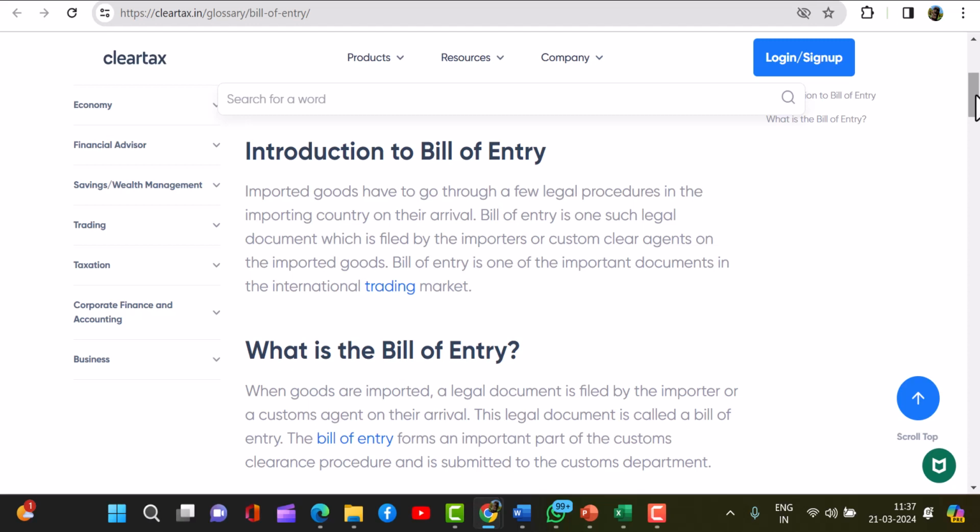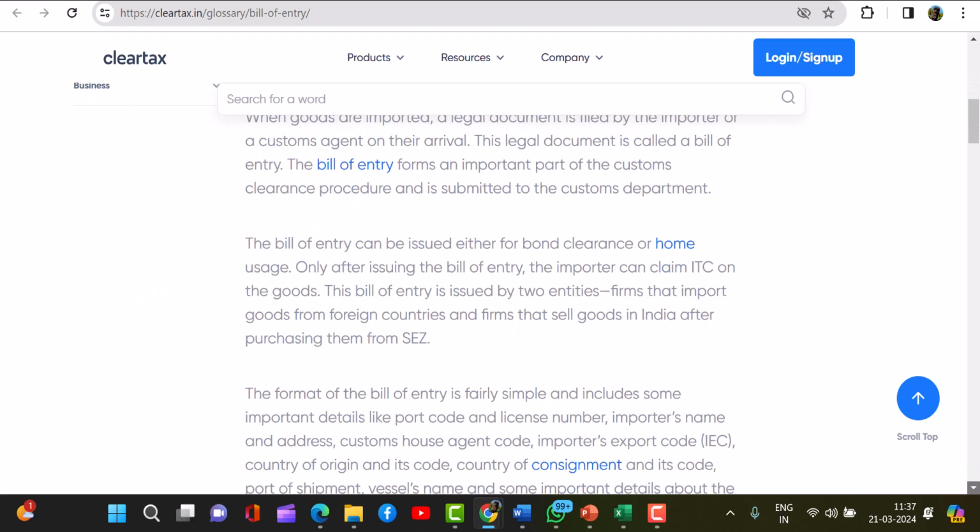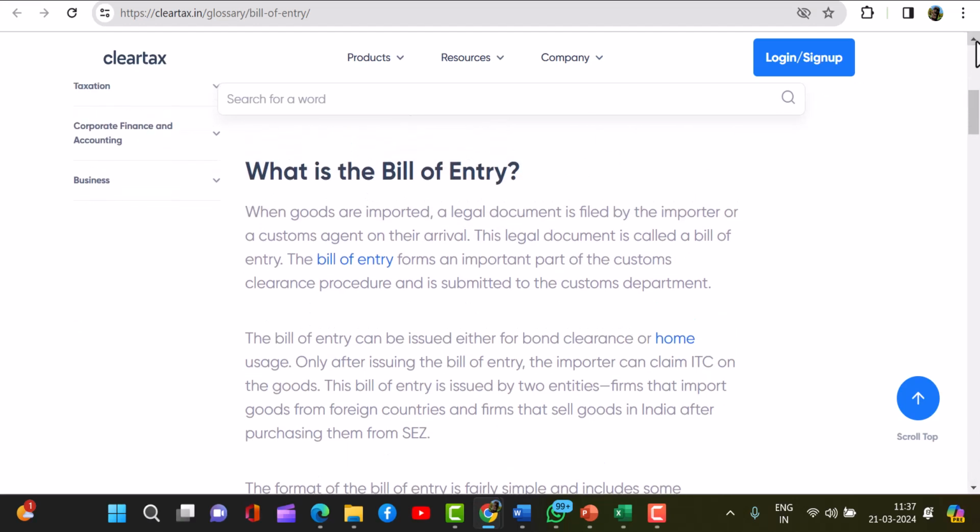Imported goods have to go through a few legal procedures in the importing countries on their arrival. Bill of entry is one such legal document, which is filed by the importers or customs clearing agents on the imported goods. Bill of entry is one of the important documents in the international trading market. Next, read ahead. What is a bill of entry? When goods are imported, a legal document is filed by the importer or a customs agent on their arrival. This legal document is called a bill of entry. The bill of entry forms an important part of the customs clearance procedure and is submitted to the customs department. The bill of entry can be issued either for